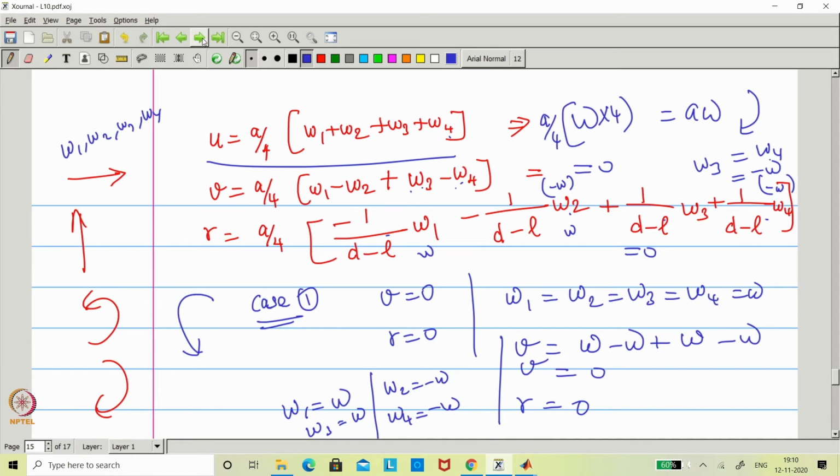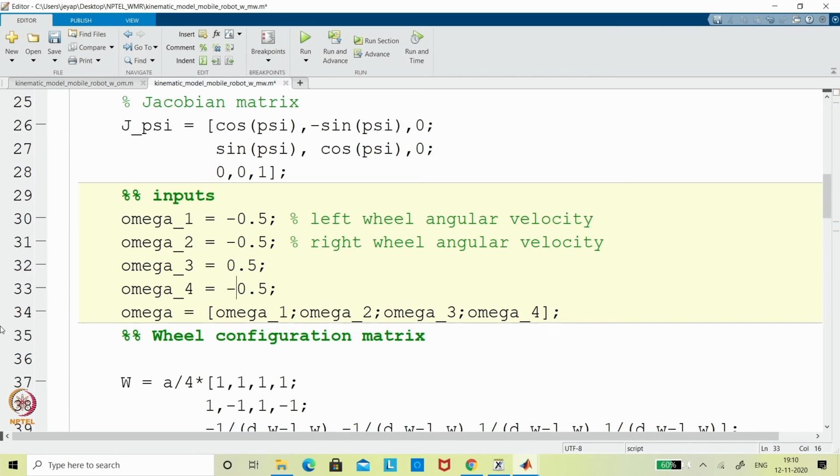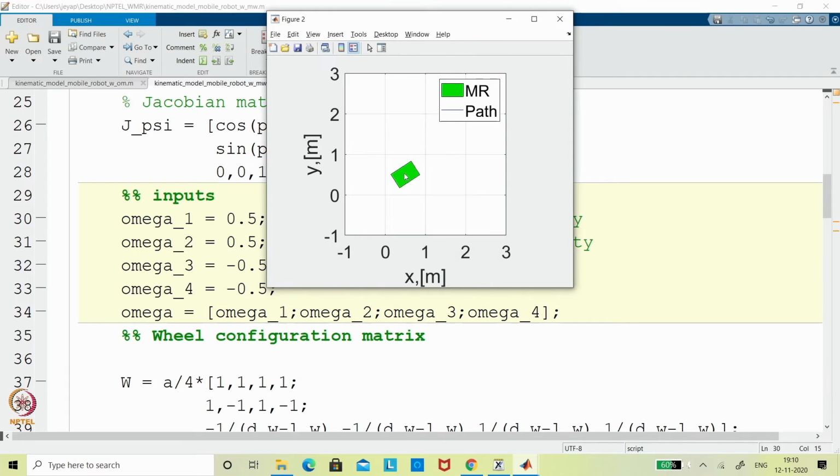I think it was here only that we discussed this, right? Yeah. So you can see omega 1 and omega 3 are the same, but omega 2 and omega 4 are in the opposite direction, that would give lateral motion. But the other way around, if you take it, this will give clockwise and anti-clockwise rotation. So now this is what we have done as clockwise. If you want to see anti-clockwise, you can run it. So now it will rotate in the other opposite direction, right? So now it is rotating that way. So like that you can get it.